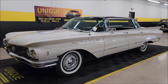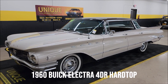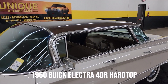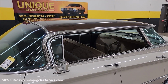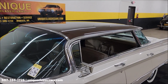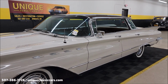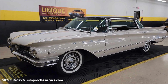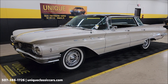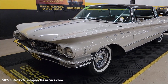A 1960 Buick Electra, four-door hardtop, otherwise known as a flat top, as you can see. Paint code NR, so we have a Cordovan roof and Tahiti beige in the lower part. And listen to this, underneath the hood, numbers matching 401 nailhead V8 paired up with an automatic transmission, nicely equipped,